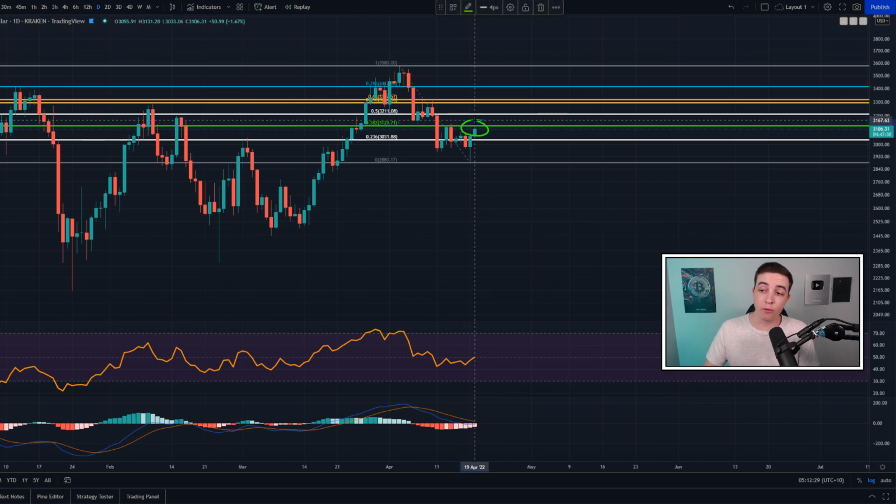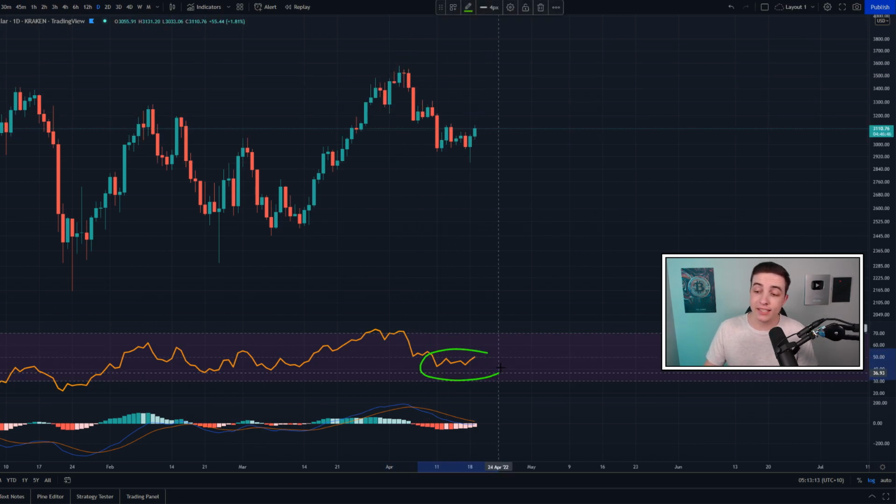And anything above around 3,140 to 3,150, I'll be looking at around 3.3k as our next level of resistance, which is of course the golden pocket, and above that, our next most important level of resistance would be coming into play at around 3,500. And looking at our daily price oscillators, right now the RSI is beginning to flatten out